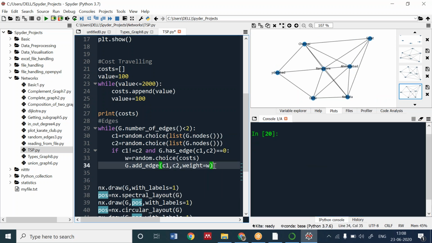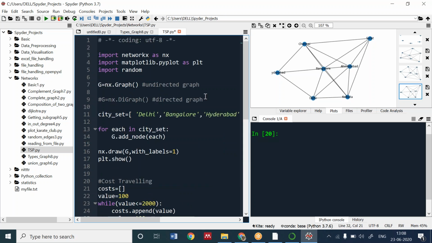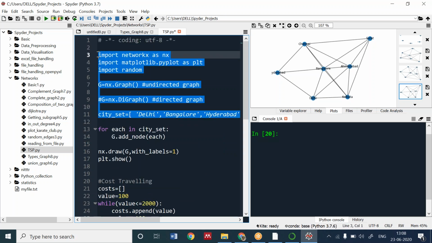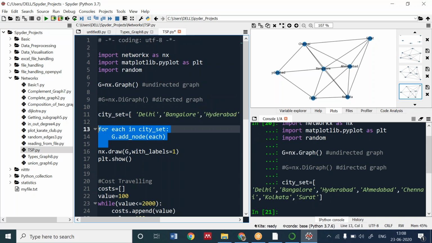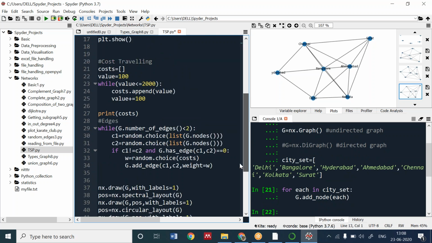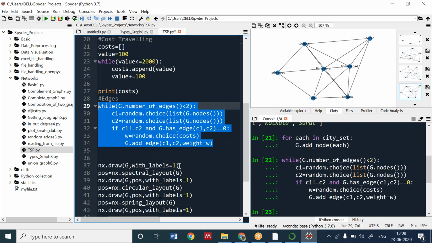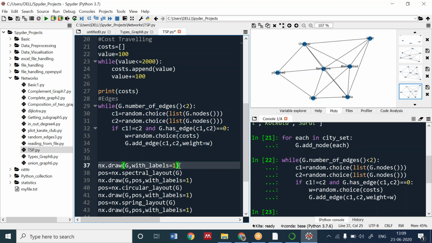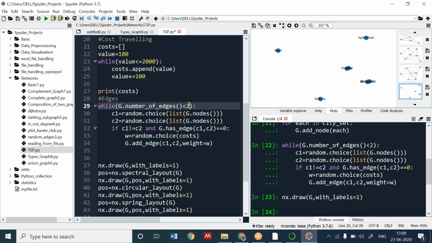It should be a disconnected one. Let me have this. We are creating the G only. See, it is a disconnected graph.